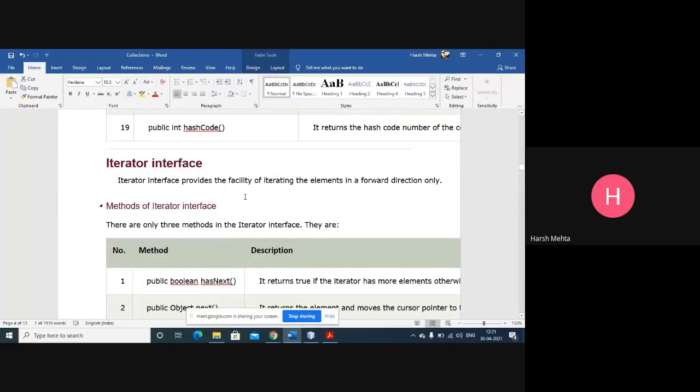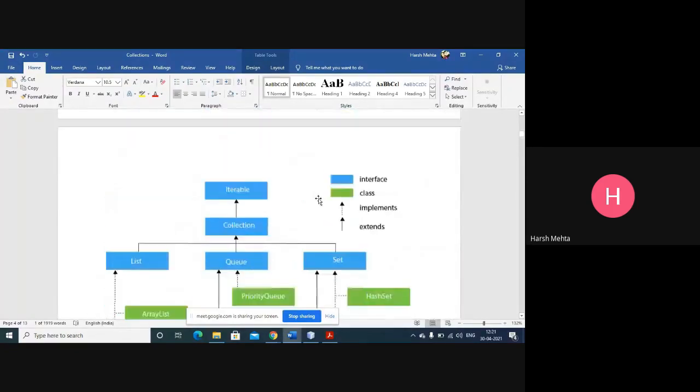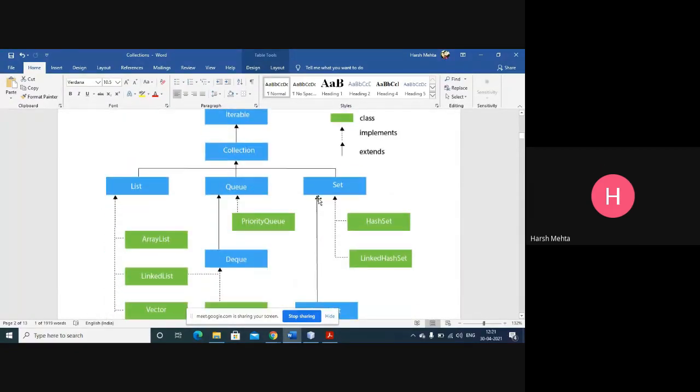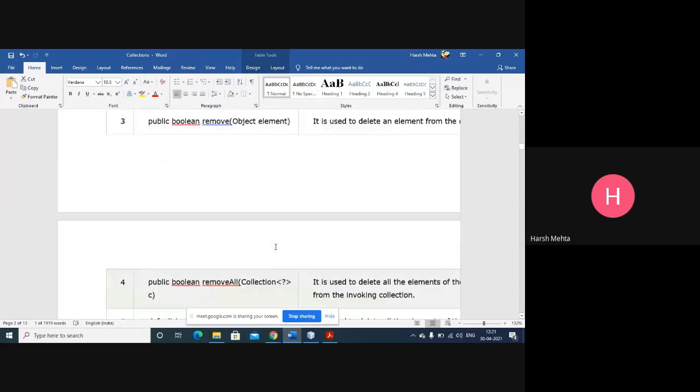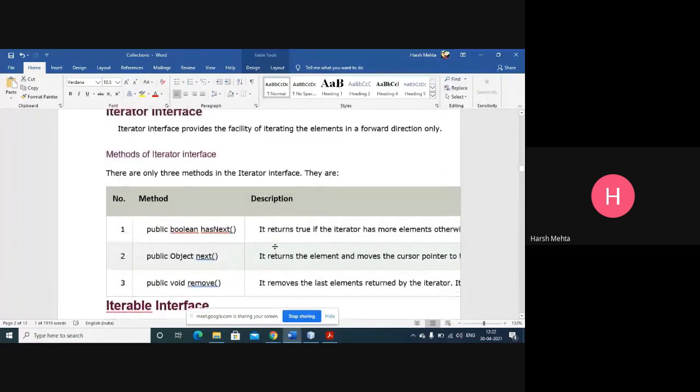So let's see the iterator interface. The iterator interface provides the facility of iterating the elements in a forward direction only. So we want to access elements one by one in forward direction only.